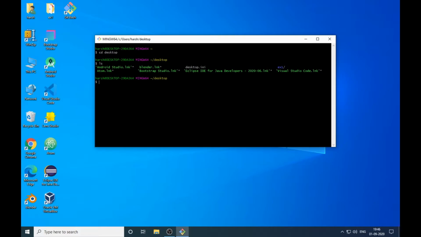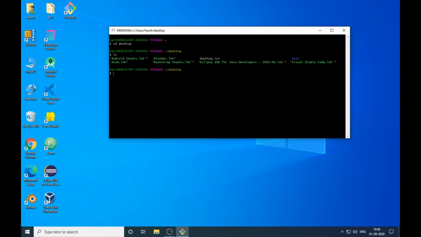Okay, so we have learned two commands so far. cd is for when you want to move to another folder. Let's suppose we are on desktop, and in the desktop we have a folder called ex1, and I want to go inside of it. So we type cd and the name of the folder, which is ex1, and press enter. As you can see here, we are in the desktop, and inside of desktop there is a folder called ex1, and we are in the ex1 folder.